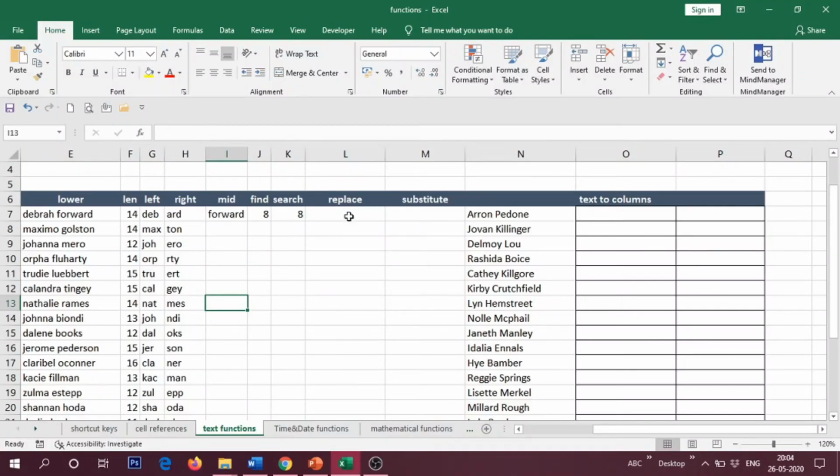In this video, we will see the second part of text functions that are there: replace, substitute, text to columns. Okay, so here the replace function is used to replace the set of characters or strings in the given text string. So let us assume